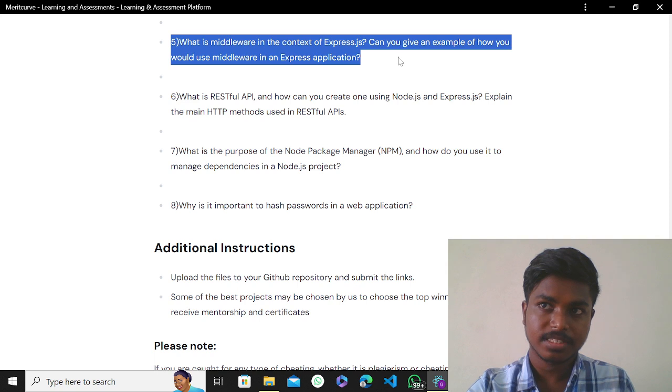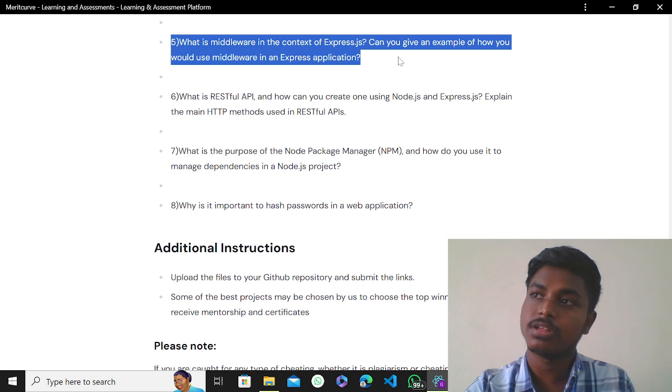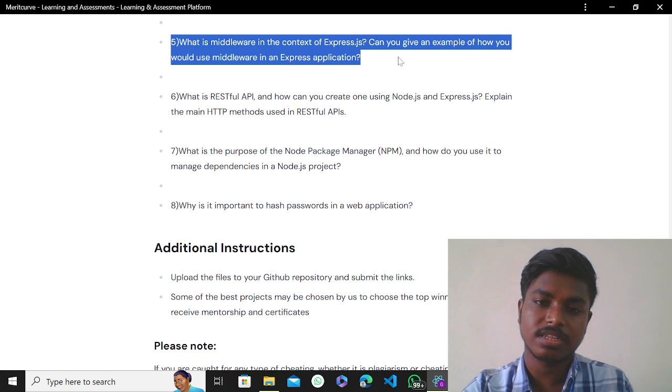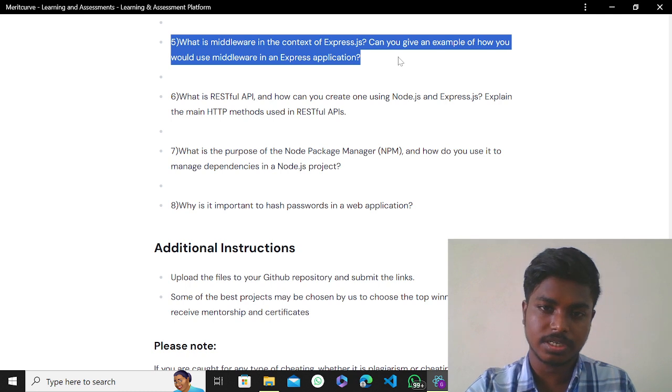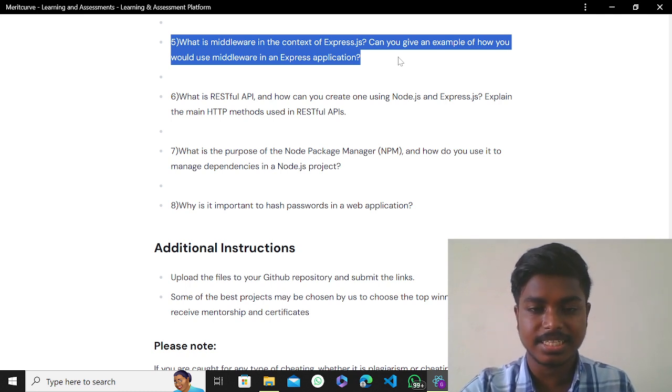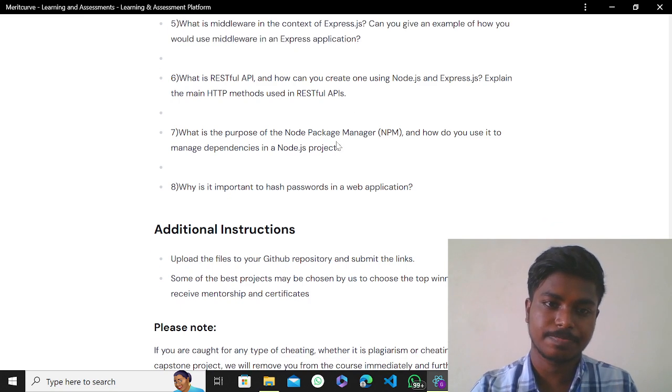The username has to be taken from the database or some other variable. In that place, we use a dollar symbol, and the variable name is written there with the dollar sign. This is how you use middleware in an Express application.